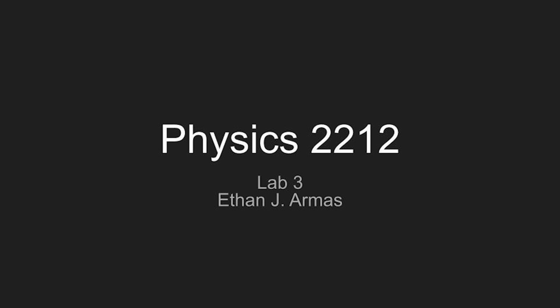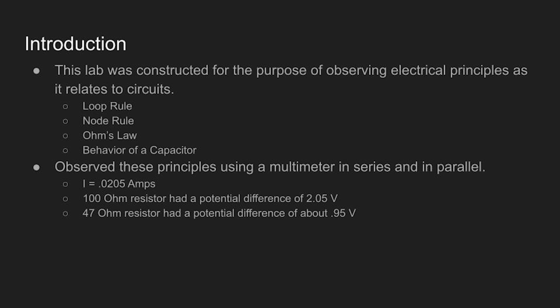Hi, I'm Ethan Armis, and this is the Physics 2 Lab 3 Circuits Lab. This lab was constructed for the purpose of observing electrical principles as they relate to circuits, including observing the loop rule for voltage, the node rule as it relates to current, Ohm's law, which is V equals IR, and the behavior